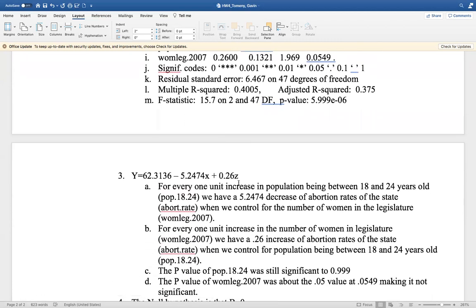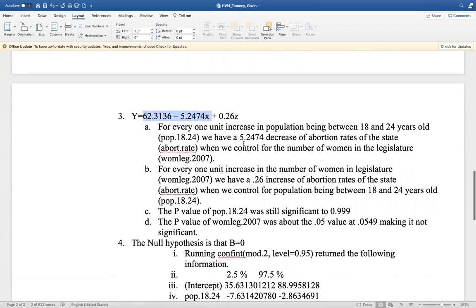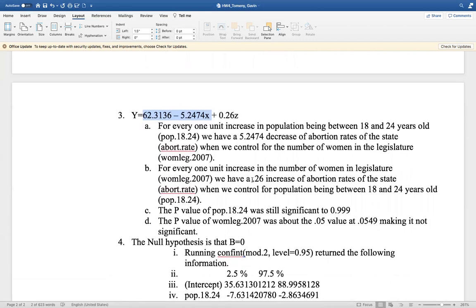Kind of like what you're going to be doing is when you're controlling for women in legislature, you're basically assuming Z equals 0. So you're only concerned with this part of the equation. Then the second half of this was that you would be controlling on the other side and seeing what the effect of women being in legislature are on